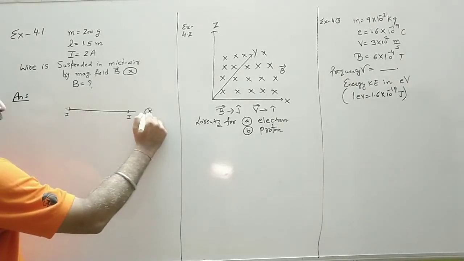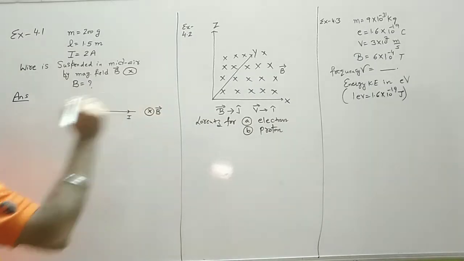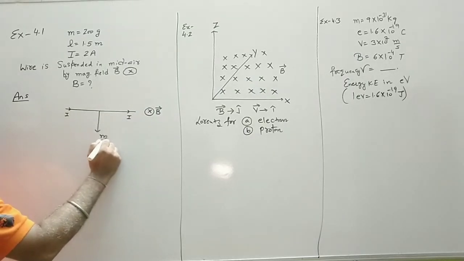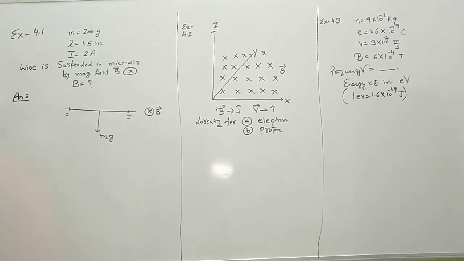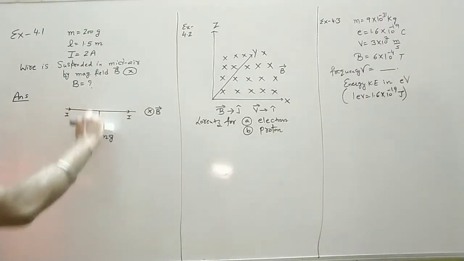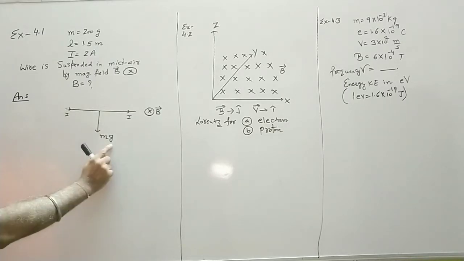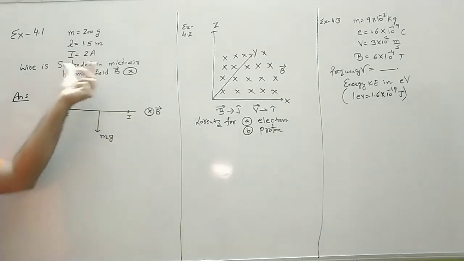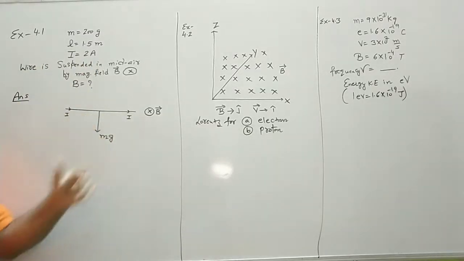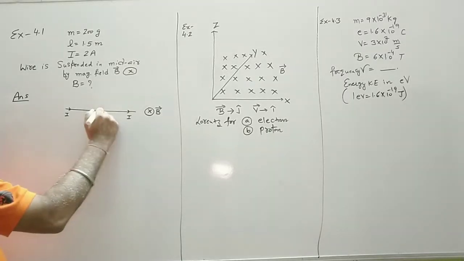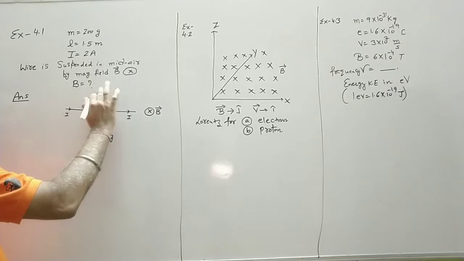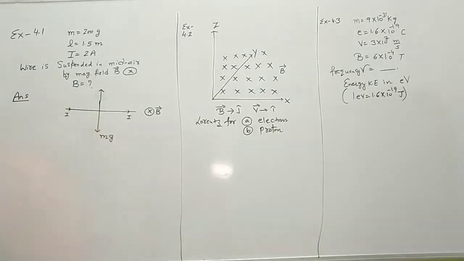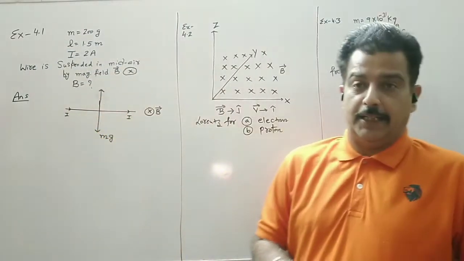So the magnetic field is cross. Now the force of gravity, that is the weight of a wire, is mg. Now this wire will fall freely under the influence of the gravity or the gravitational force. If it is suspended, it will be suspended only if there is some force which is opposite to the gravitational force. So let us see what is the magnetic force acting on the wire.